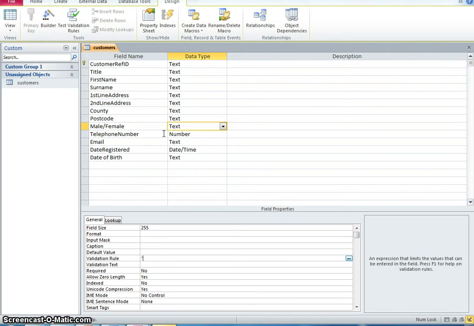quotation marks, and press shift and 2 if you're not sure what that is, and I'm going to write male and close the quotation marks, and then I'm going to write or, and then female. Again, I'm putting the quotation marks around it. Okay, so that's what I've told the database so far, that the person entering the information can either write male